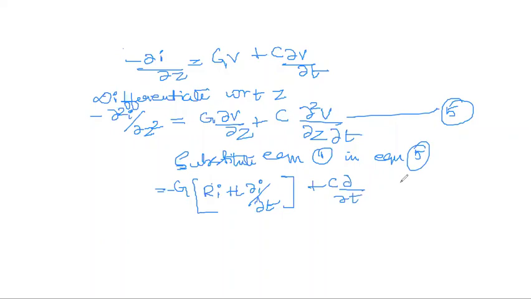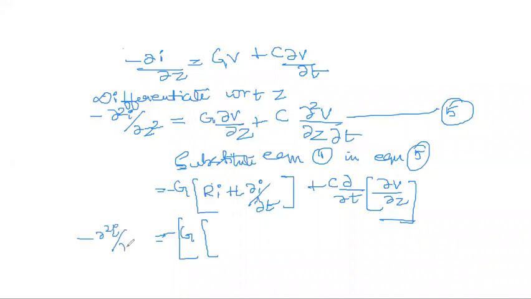Again inside you have ∂v/∂z. Substitute again the equation, which is equal to minus G. The whole negative you can take. One is from this and one you already have here. So this will be minus ∂²I/∂z². This negative and this negative will cancel. It will remain with RI plus L ∂I/∂t,